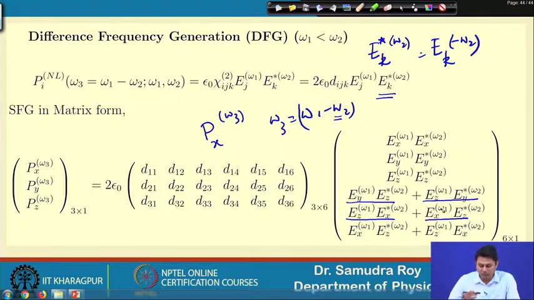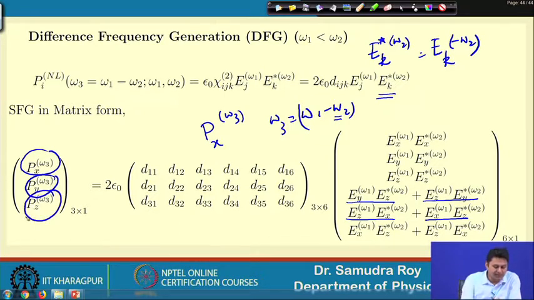Once you write this matrix form, readily we will find what is the value of P x, P y, P z. That is important because these are the terms that are generating the second harmonic waves. So, that is why the direction is important, in which direction they are generating the second harmonic wave, or the sum frequency wave, or the difference frequency wave, and one can find out the entire thing by just